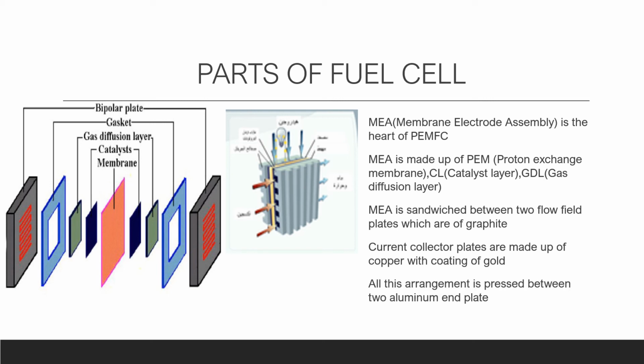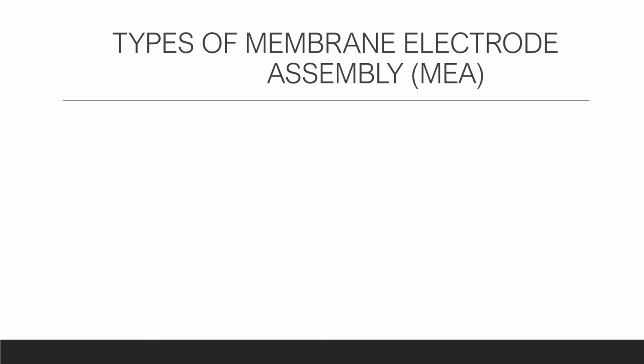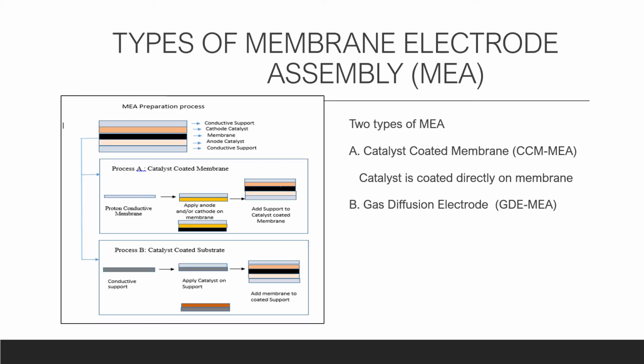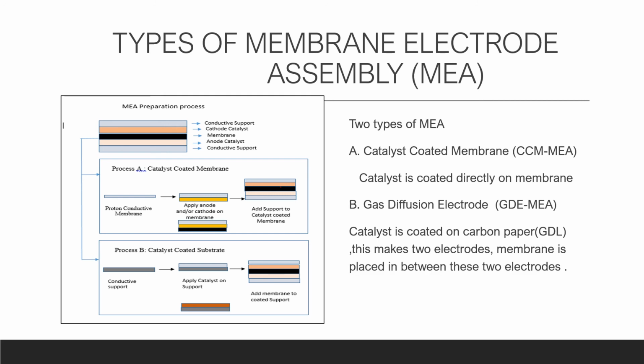The next one is: what are the different types of membrane electrode assemblies used in the various PEM fuel cells? There are basically two types of membrane electrode assemblies: the catalyst coated membrane and the gas diffusion electrode membrane. In the catalyst coated membrane, the catalyst is directly applied onto the membrane, while in the gas diffusion electrode